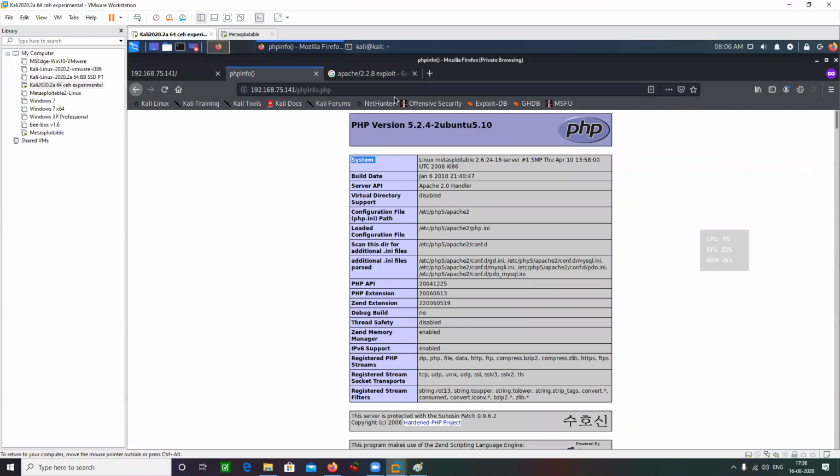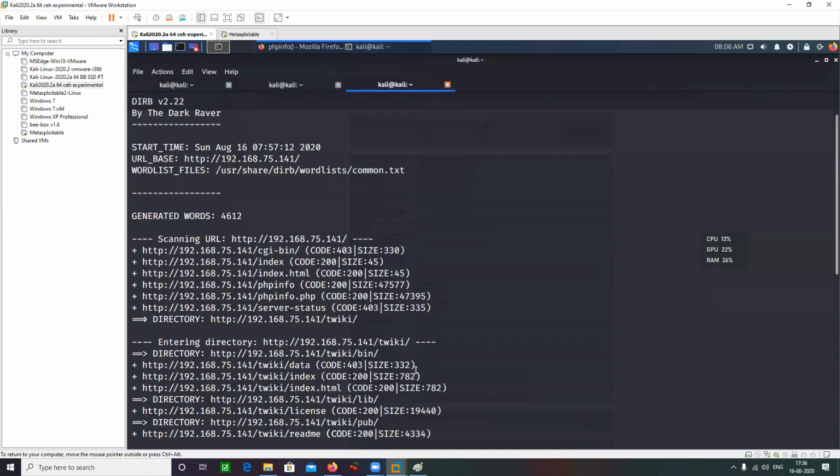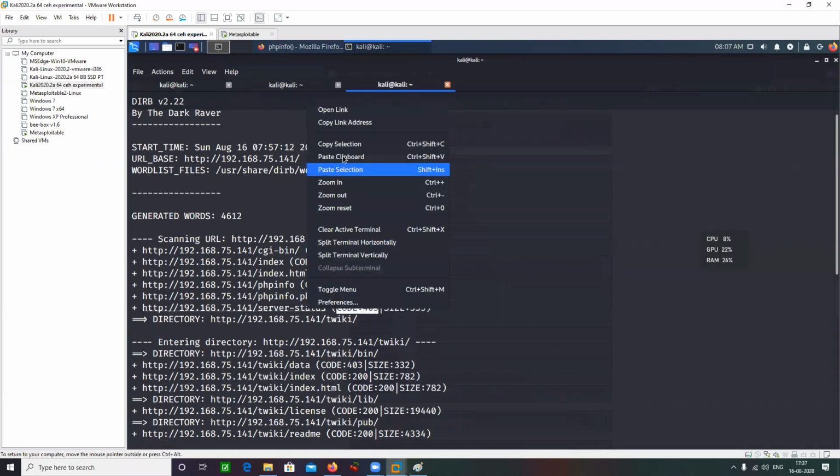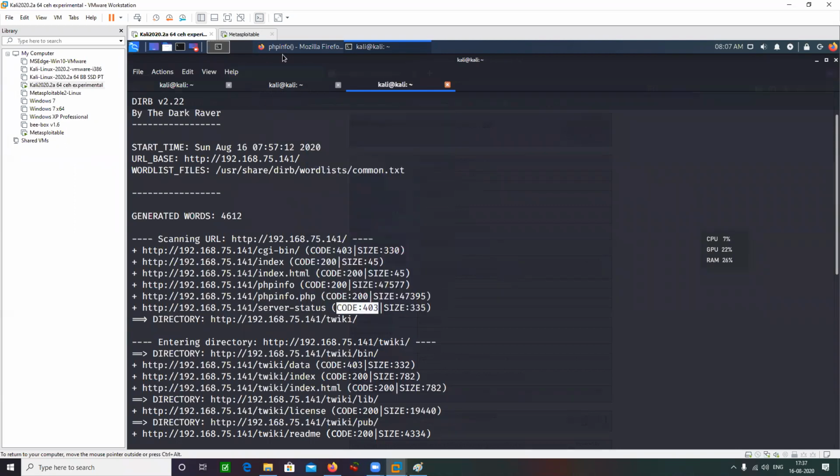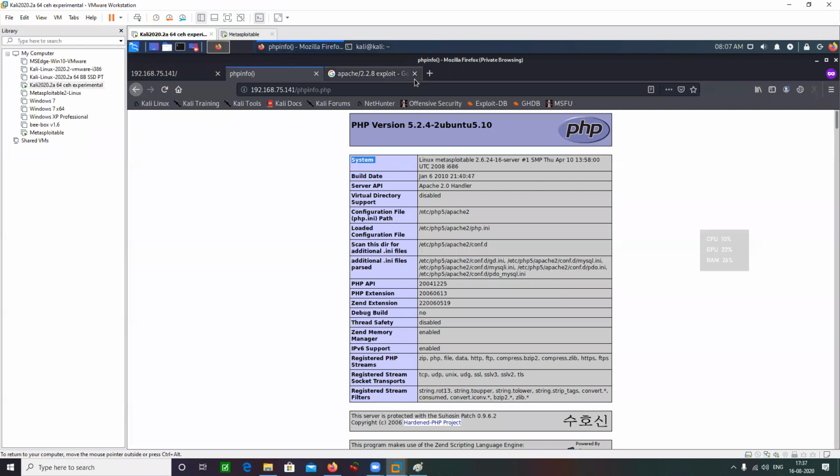Okay. Getting back, I can see Twiki directory, server status, code 403. Let me just copy this one, copy link address, and try opening it here.